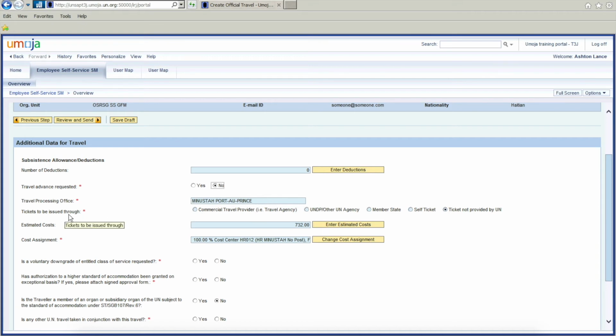The tickets to be issued through field is auto-grayed out based on the mode of travel selected in the itinerary. For the estimated cost, you see it has already been calculated. We do not touch this field either, and we move directly on to the cost assignment field, which will be populated by default. So there's nothing else we need to change in these basic fields here. We just scroll down